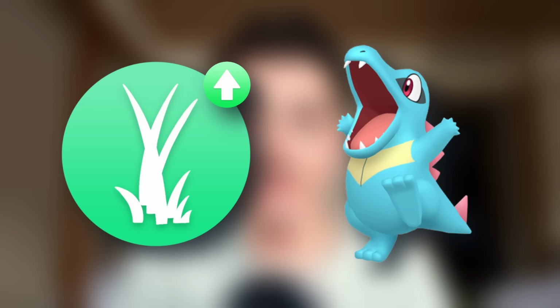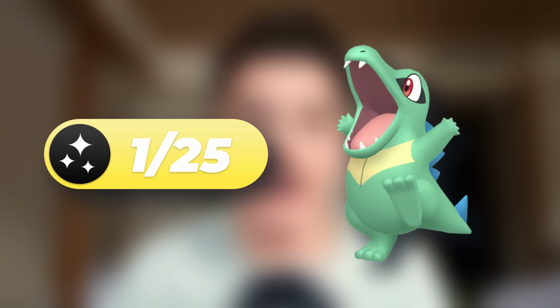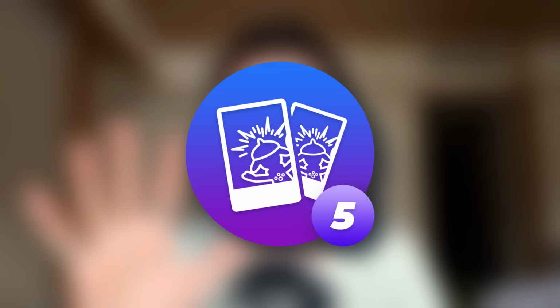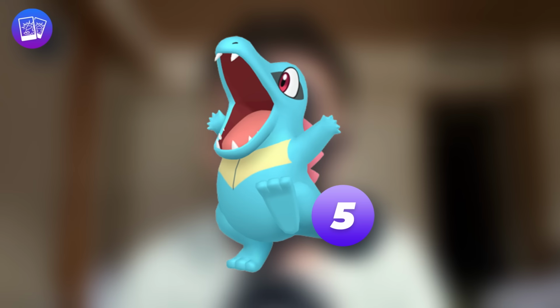So this event is March 22nd, 2 to 5 p.m. your local time, in which Totodile will be spawning everywhere in the wild with a shiny rate of 1 in 25. There'll be the bonuses of quarter egg hatch distance, 3-hour incense, 3-hour lure modules, not including daily adventure incense or golden lure modules. You can take 5 snapshots to get photobombed by 5 Totodile encounters,